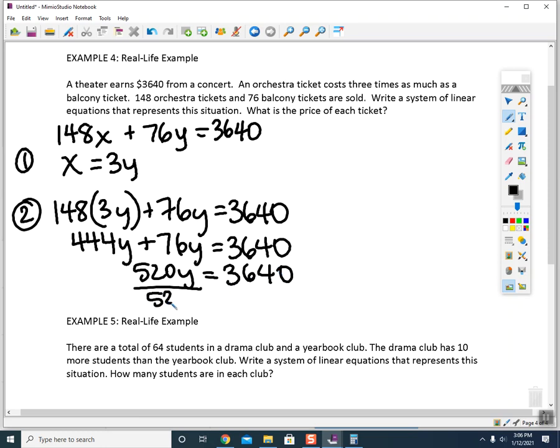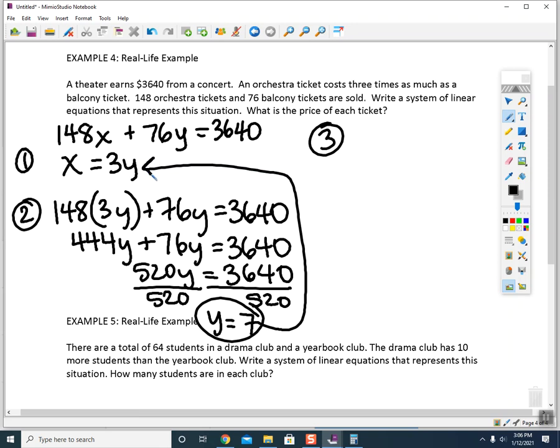Divide both sides by 520. It's going to give me that y equals 7. So step 3 is I'm going to take my y equals 7, plug it in. I would plug it into this guy right here. So x needs to equal 3 times 7. x equals 21. So what that means is that the orchestra tickets